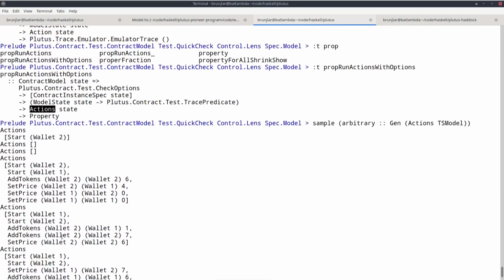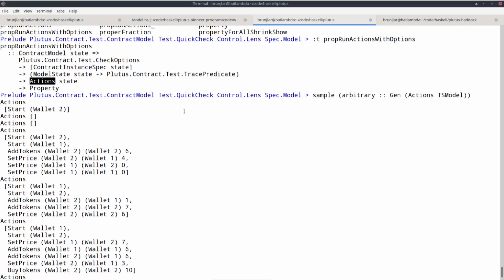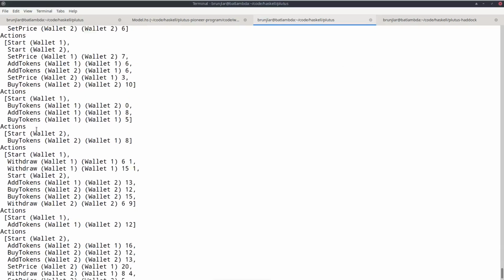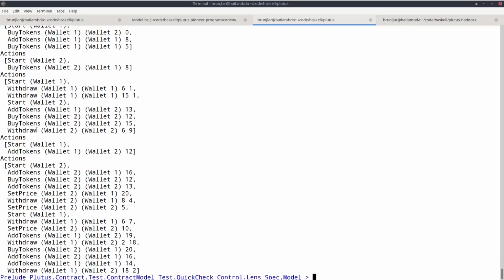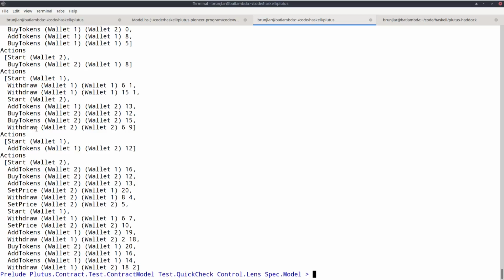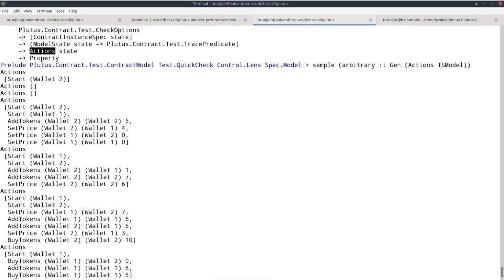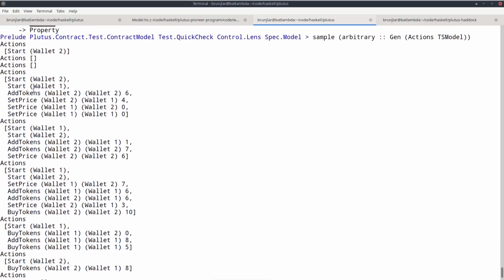And we can use sample to generate sample action sequences. And again, we see this pattern that we saw with intlist before, that it starts simple and gets more and more complex. So the first one here would just have one action. It would just start the token sale for wallet 2. Second and third would even be the empty list, so no actions whatsoever.